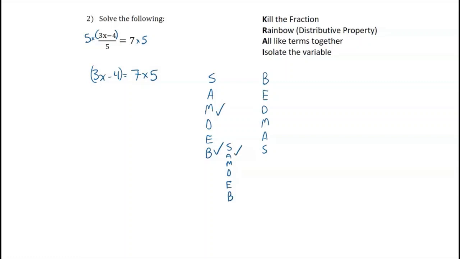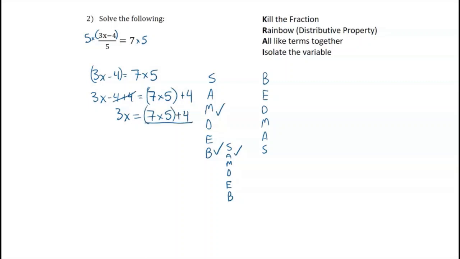So the first thing I'm going to do in the brackets is I'm going to try to subtract or add. Now here I can add. So I can add 4 to both sides. So 3x minus 4, I'm going to add 4, so 7 times 5, and then that step is already done, so I'm going to keep that in brackets because that was a step I had to previously do. If I add 4 to both sides, that cancels off the right side, and I'm left with 3x equals 7 times 5 plus 4,